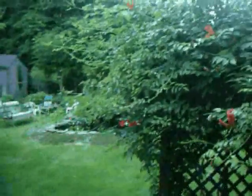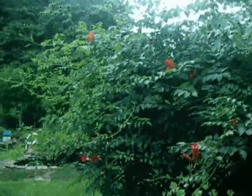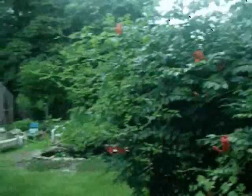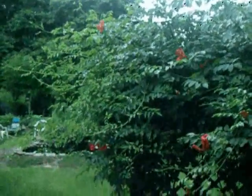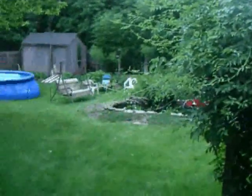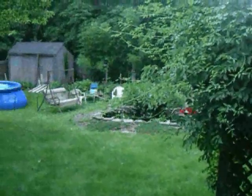We have our trumpet vine conveniently placed just outside the sliding glass door, and we can see the pond from here and the trumpet vine, which is great because we can see the birds coming and going. Hummingbird shows up while we're eating lunch. We'll see it here at the trumpet vine, or other birds and animals that show up at the pond. Easy to view from the kitchen table. Very convenient spot. So my trumpet vines are blooming, they're real nice, and you can see